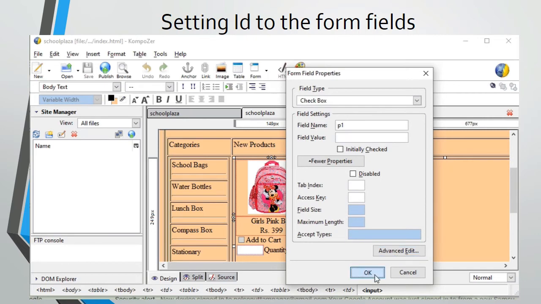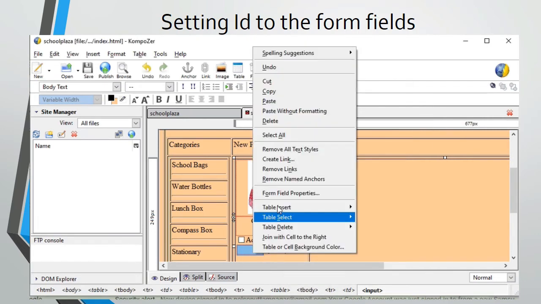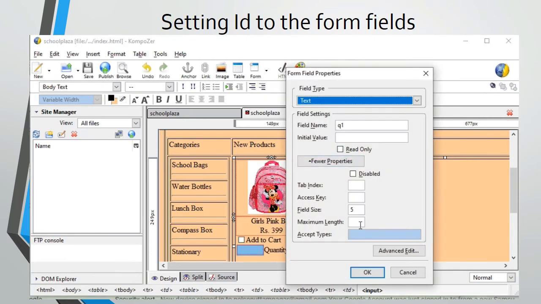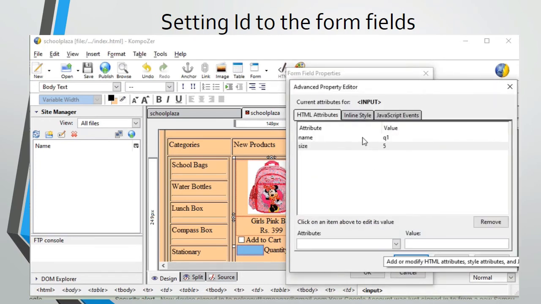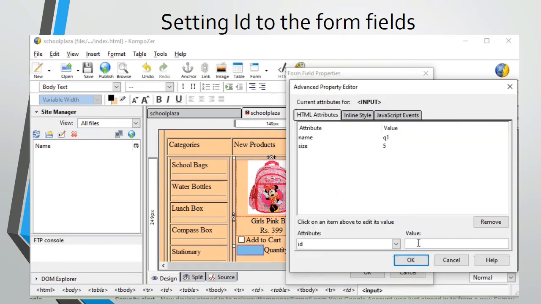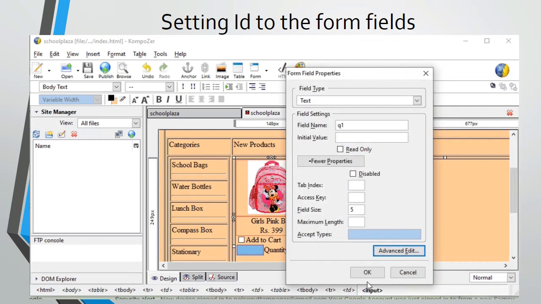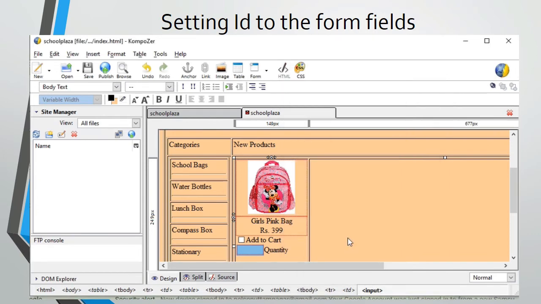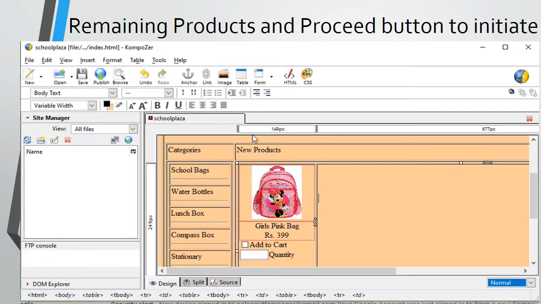This ID we are going to use in our script. In the same way for quantity, we are setting ID to Q1, that is quantity 1.